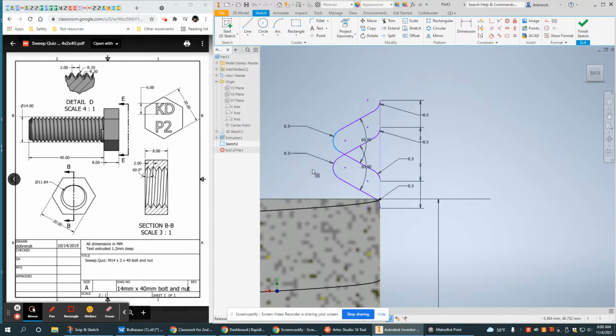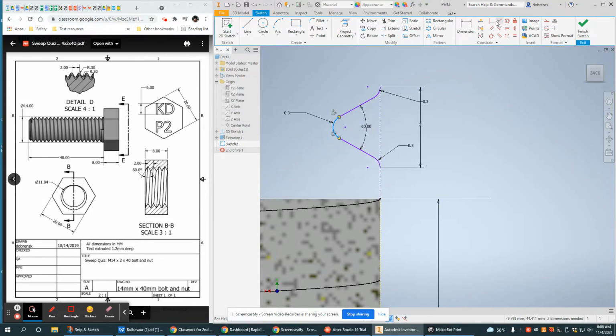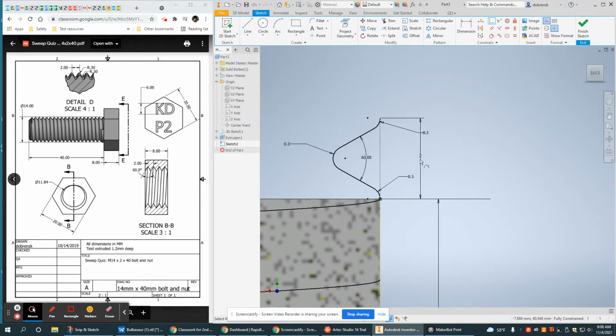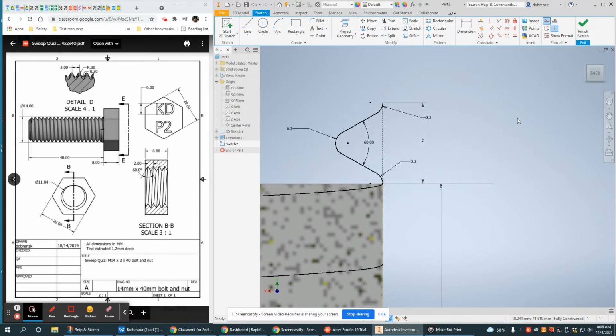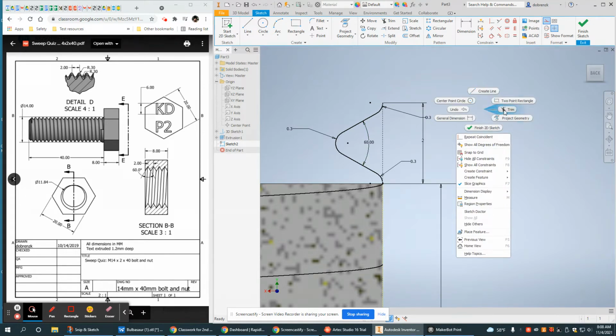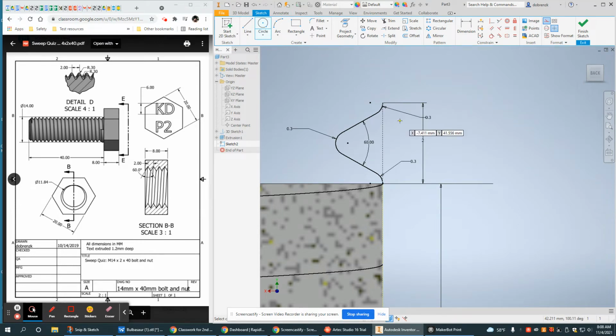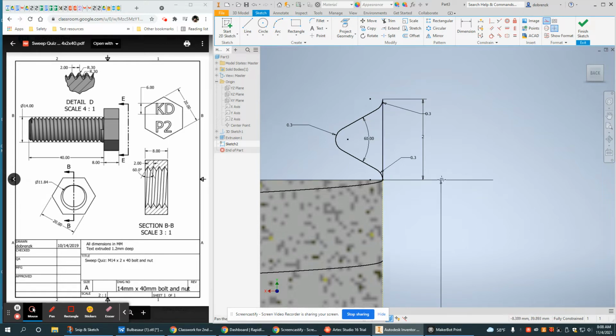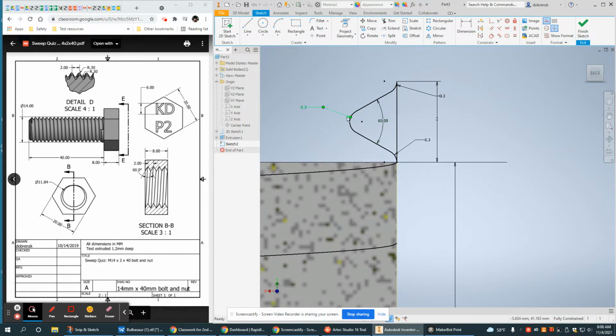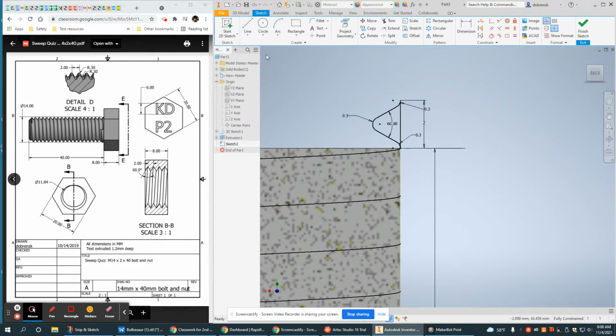Let's see where we're at. What are we missing? Oh, okay. I have to put this endpoint here. So I'm going to start this cut right at the edge of that. And that is all the dimensions I need. And that's everything I'm given. There's an attachment that talks about threads. It looks complicated, but essentially that's where the 60 degrees come from if you want to see it for yourself. But at this point, I actually just need to make sure that I enclose this by making that non-construction. But now I have an enclosed profile with the correct dimensions, and I am ready to do my cut if